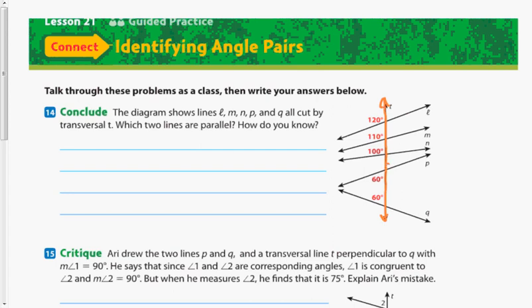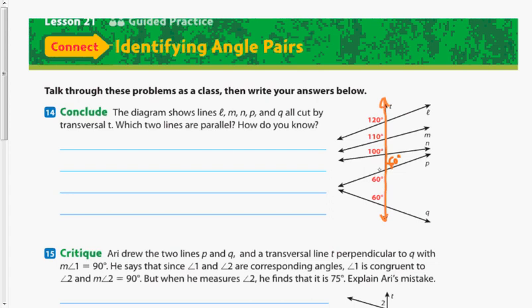If I look at this, I know these are vertical angles, so this is 60 degrees. That doesn't really help me. There's no other 60-degree angle. Well, there's one right here, but that's not any relationship. There's no alternate interior, exterior, or corresponding angles. There's no same side interior. So let's look at